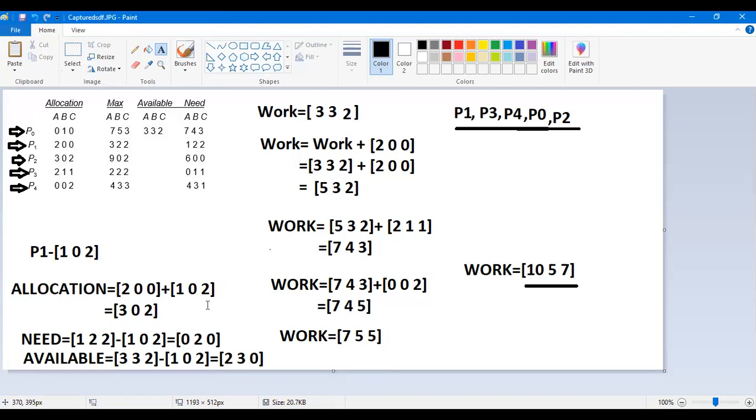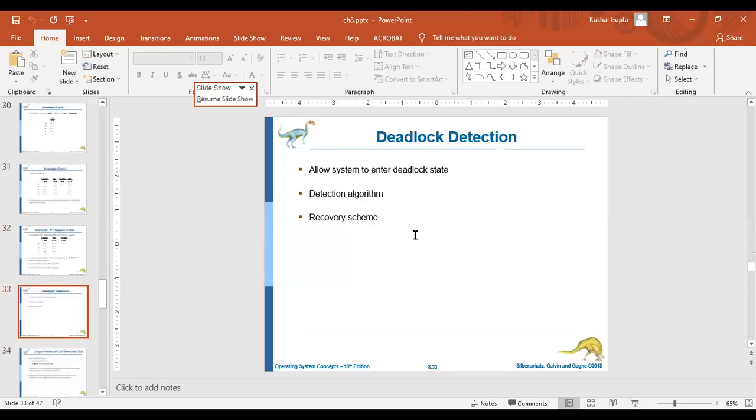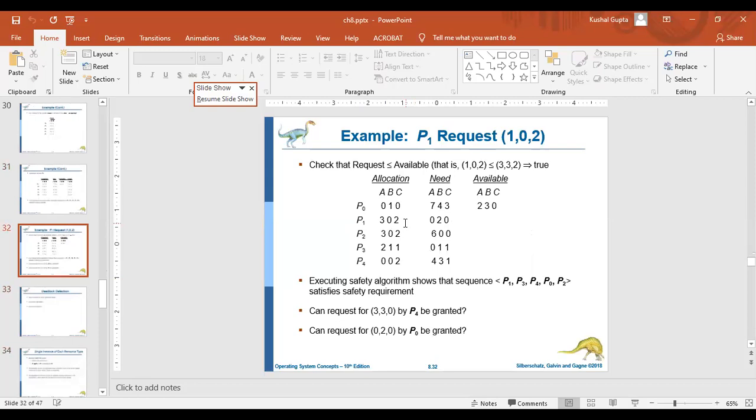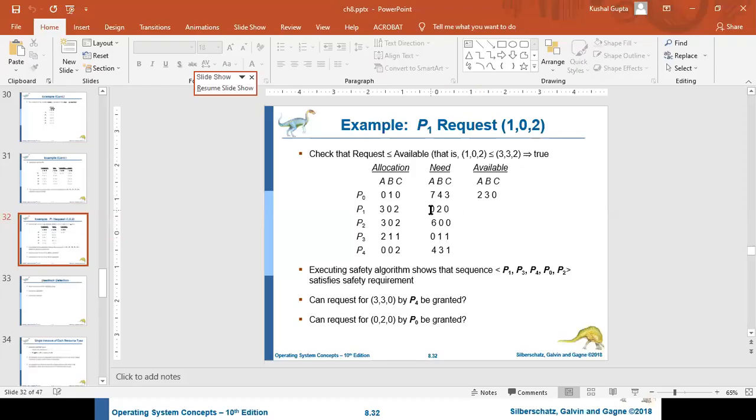But now check that allocation of process P1 is 302 now. Okay. Its need is now 020.